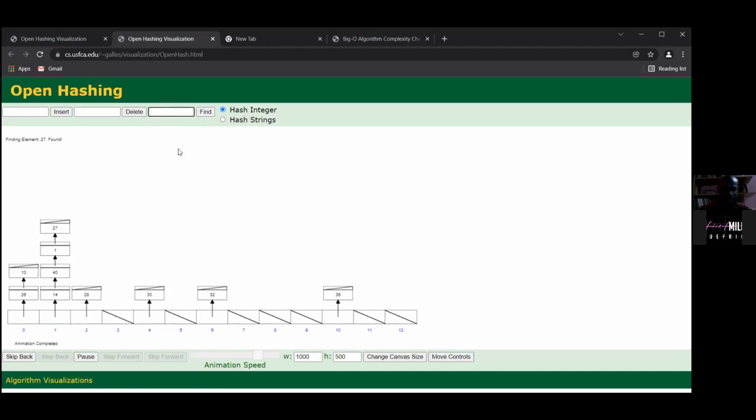I said when you want to find 27, it first of all comes to this memory space. And it will notice that there are 4 different values occupying this. It will first check, is this 27? No. It moves over. Is this 27? No. It moves over. Is this 27? No. It moves over. Is this 27? Yes. Now, how many memory spaces has this search operation taken?